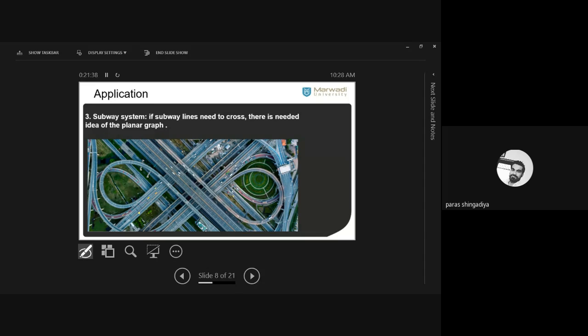Okay, if any road network crosses, then we need one of the circles to remove this cross. Clear? Otherwise you have to overlap it here. This is overlap, ये जो है ना overlap. There are three roads. Okay, that is the base. Then after this one and this one, there are three overlaps, two overlap bridges.